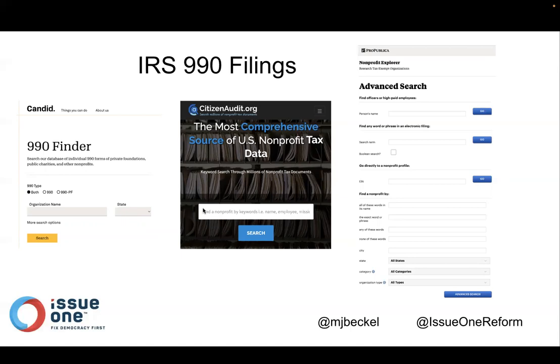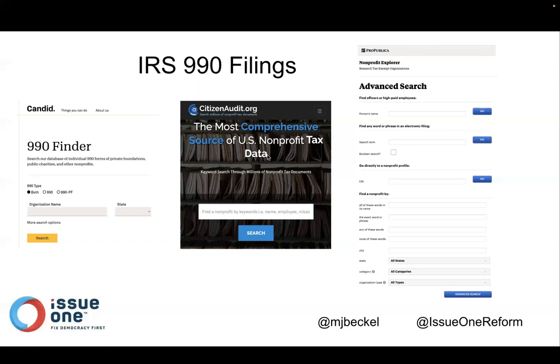ProPublica has an excellent nonprofit database called Nonprofit Explorer, where you can find 990s. You can search not only by the name or EIN number of an organization, you can also search for any keyword or phrase, a person's name, an address, all sorts of keyword searching that you can do there on the Nonprofit Explorer from ProPublica. And you also have that capability on the website citizenaudit.org, which again allows you to search